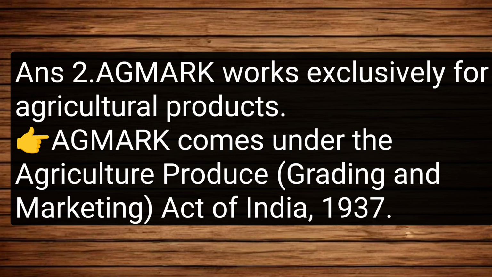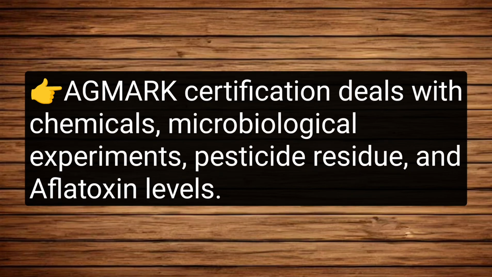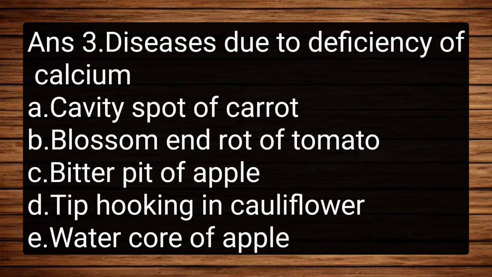So you should know that Agmark comes under the Agricultural Produce Act of 1937 and it is exclusively used for agricultural produce. You should also keep in mind that Agmark certification deals with chemicals, microbiological experiments, pesticide residues, and aflatoxin levels. Let me tell you about some of the other diseases that are caused due to the